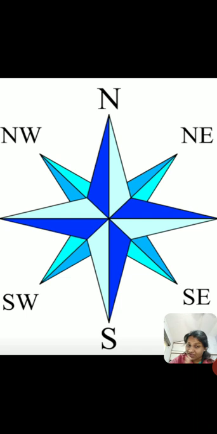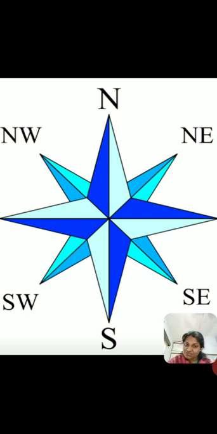We also revised that there are issues with globes, and that is why we use maps. Then there are three different types of maps: political, thematic, and physical maps. Political maps show you the boundaries of states, cities, towns, and capital cities. All those things are shown in the political maps.